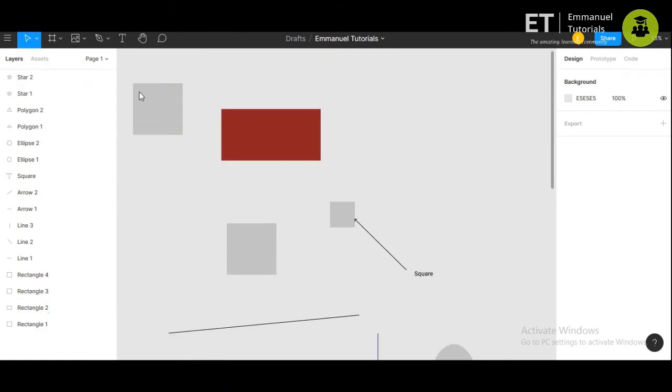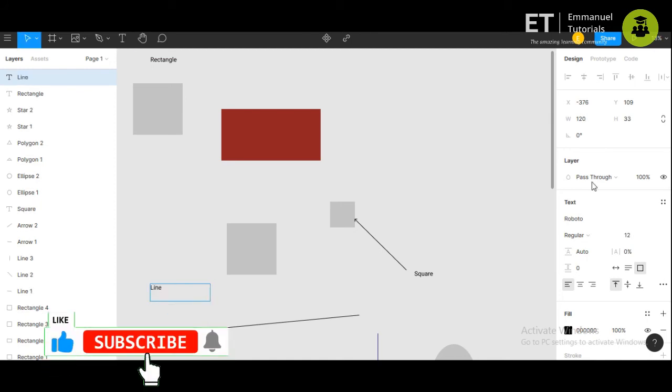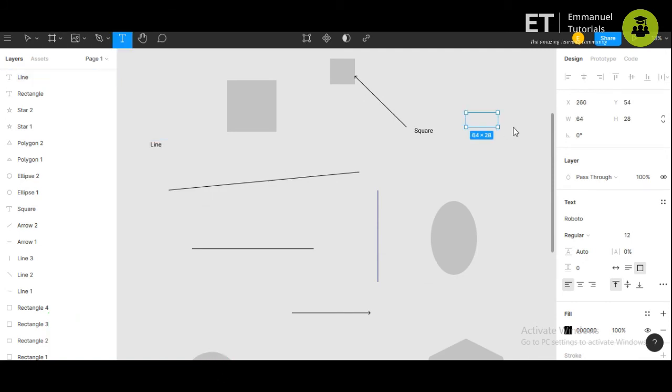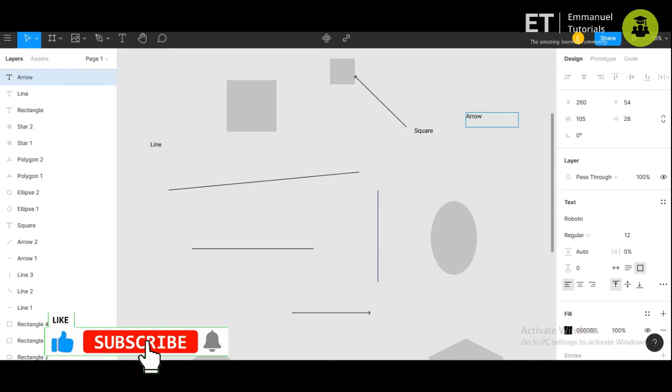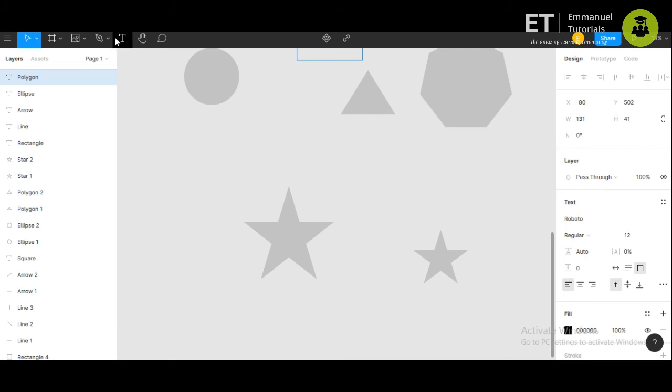So here we saw the rectangle first, then we saw the line, then we saw arrow, then we saw the ellipse, then we saw the polygon, and then at last we saw the star.